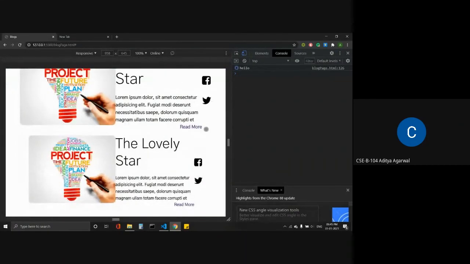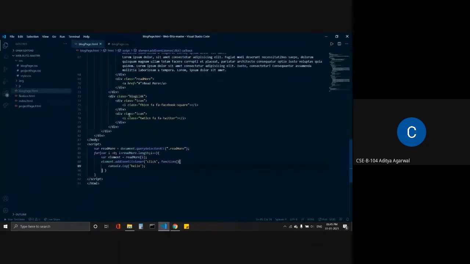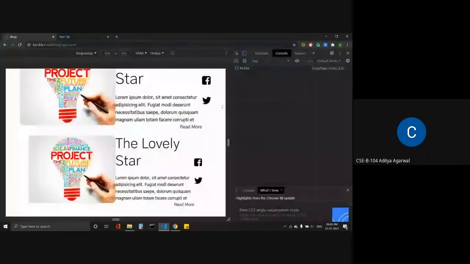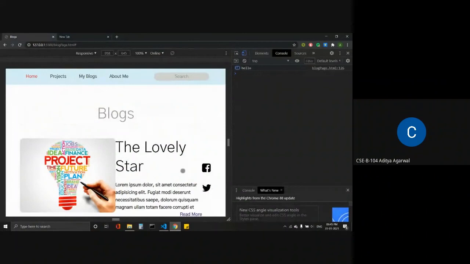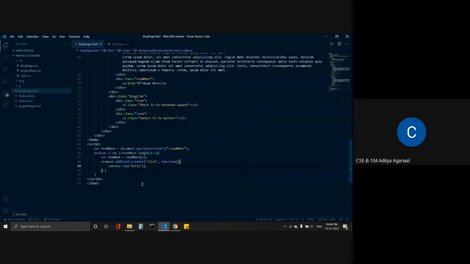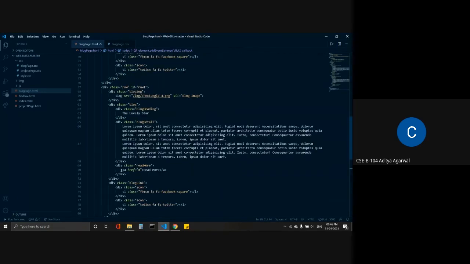First let me remove this link from here. Whenever I click this, the page is getting reloaded, as this is an anchor type of tag. So first let me remove that. I can make it a div.